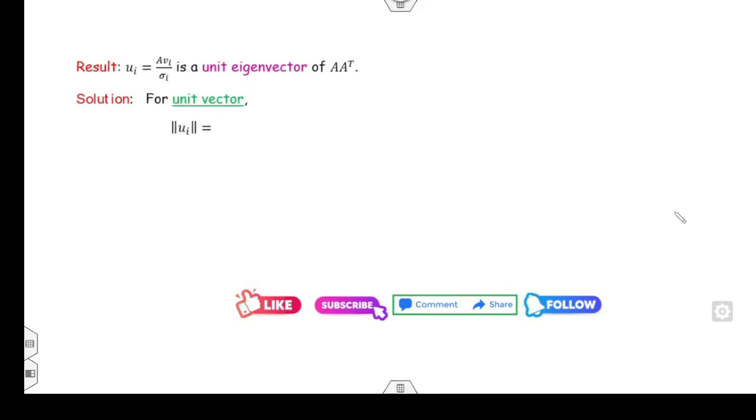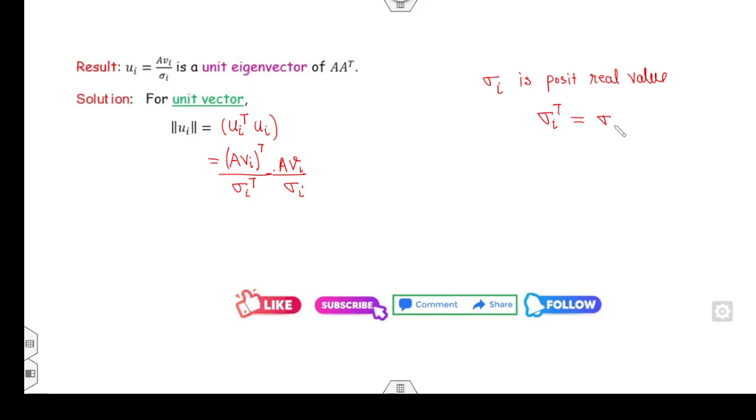So let's start with the norm of ui. I can write this as ui transpose into ui. You can substitute the value of ui as A vi divided by sigma i, transpose, into A vi divided by sigma i. Because sigma i is a positive real value, sigma i transpose is nothing but sigma i. So the denominator becomes sigma i square. While for the numerator, I can write vi transpose